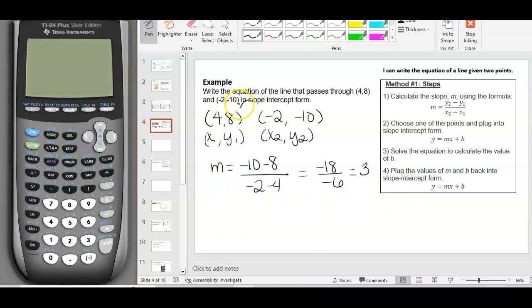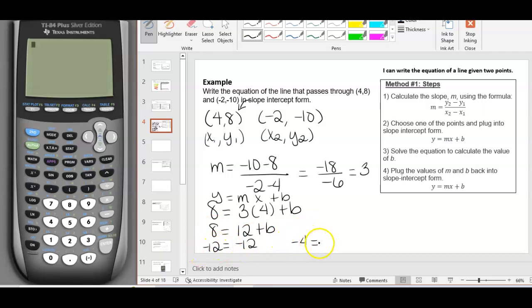and I'm going to pick one of my points. I'm going to use this first point here, so I have 8 equals m, which is 3, times 4 plus b. For your reference, I plugged into y equals mx plus b, and I just substituted the values of y, m, and x that I had. So this tells me that 8 equals 12 plus b, and I can now solve for b by subtracting 12 from both sides. So when I do that, I have 8 minus 12, which is -4,